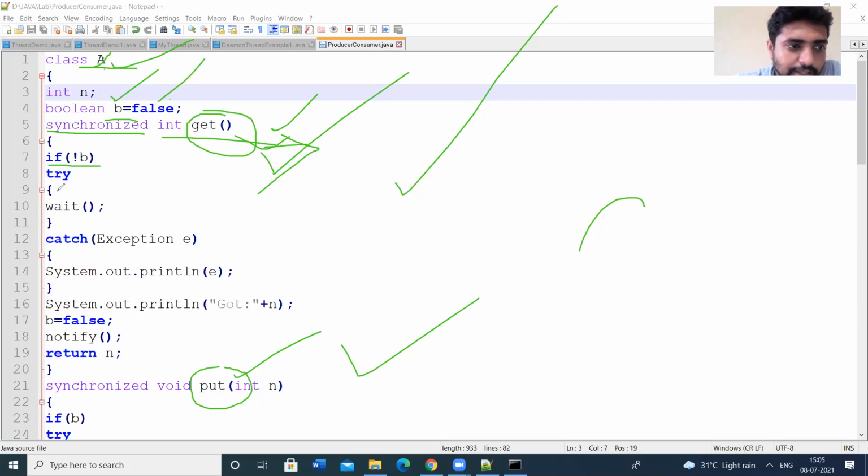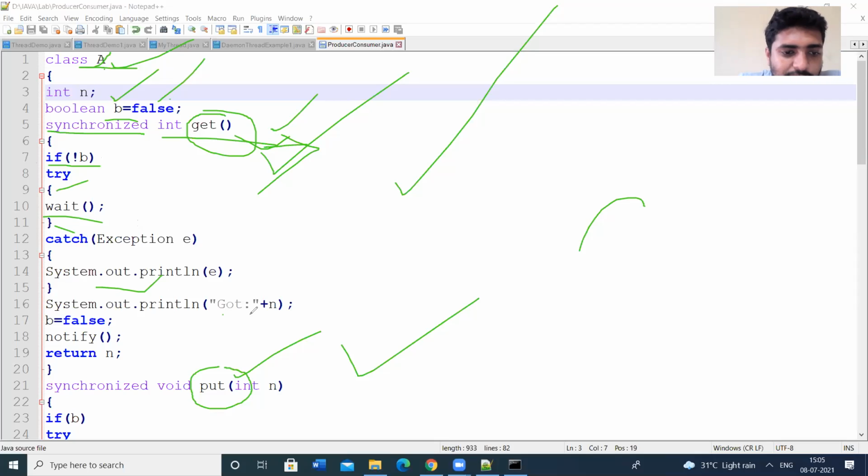We have placed a try catch block, and we have invoked the wait method. That means the thread will wait. Whenever you use wait, sleep or join, you have to place these methods in a try catch block.